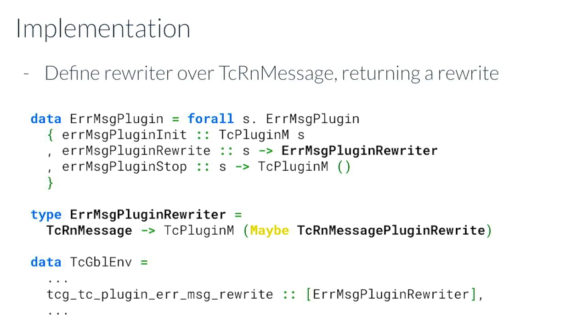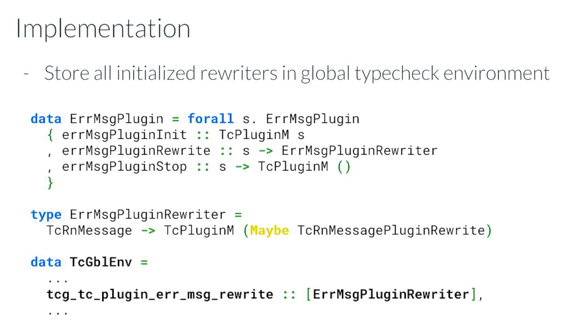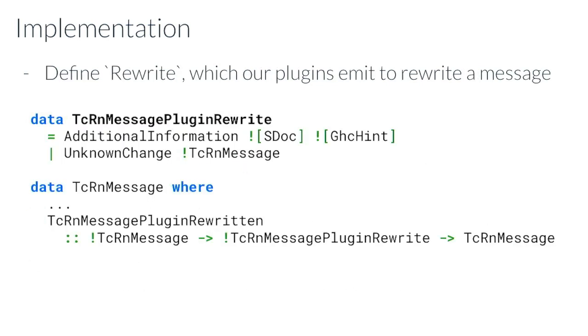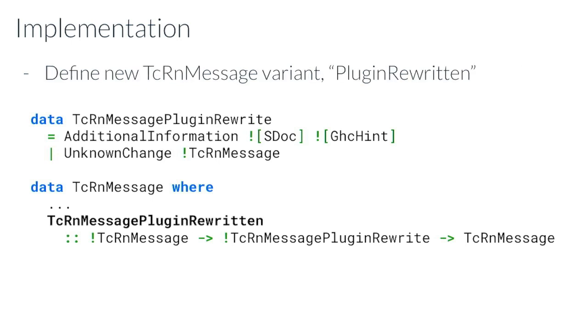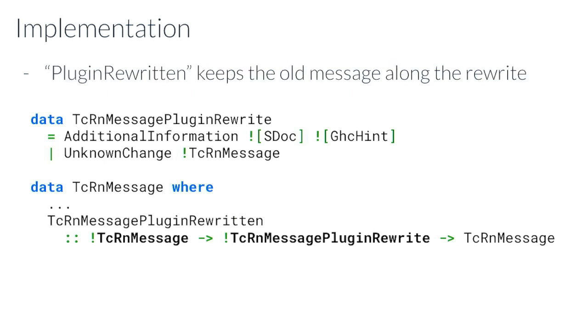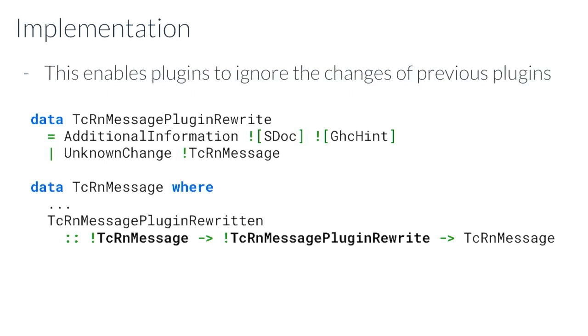And this rewrite just gets attached to it inside of a struct. So it gets injected inside there, and what this means is that future plugins essentially can look at what the error message was before we rewrote it, before we annotated it. So once it's rewritten, we add this new variant, and by keeping the old message,